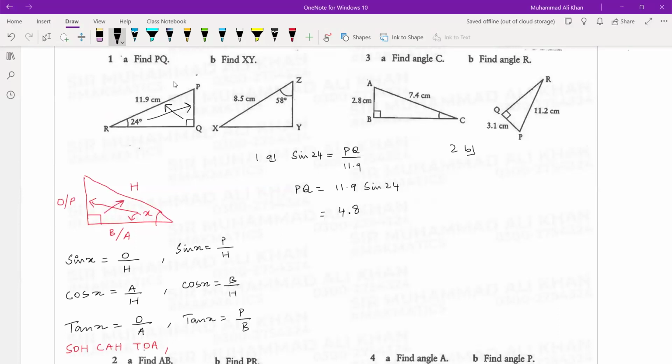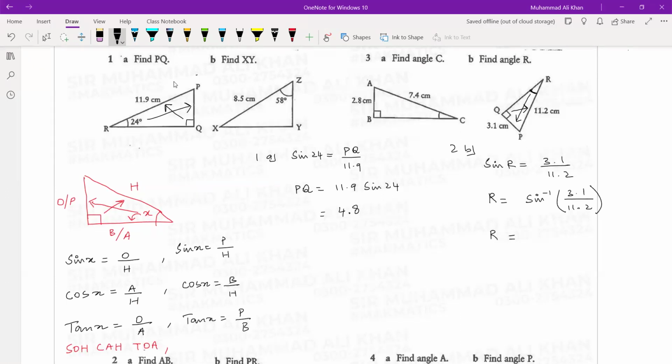Here, we have to calculate angle R. For angle R, we have the opposite side, and from 90, we have the hypotenuse side. Again, we have to use sine R equals opposite, 3.1, divided by hypotenuse, 11.2. To calculate the value of R, R equals sine inverse of 3.1 divided by 11.2. By the help of calculator, we use shift sine, in the bracket 3.1 divided by 11.2, and the answer is